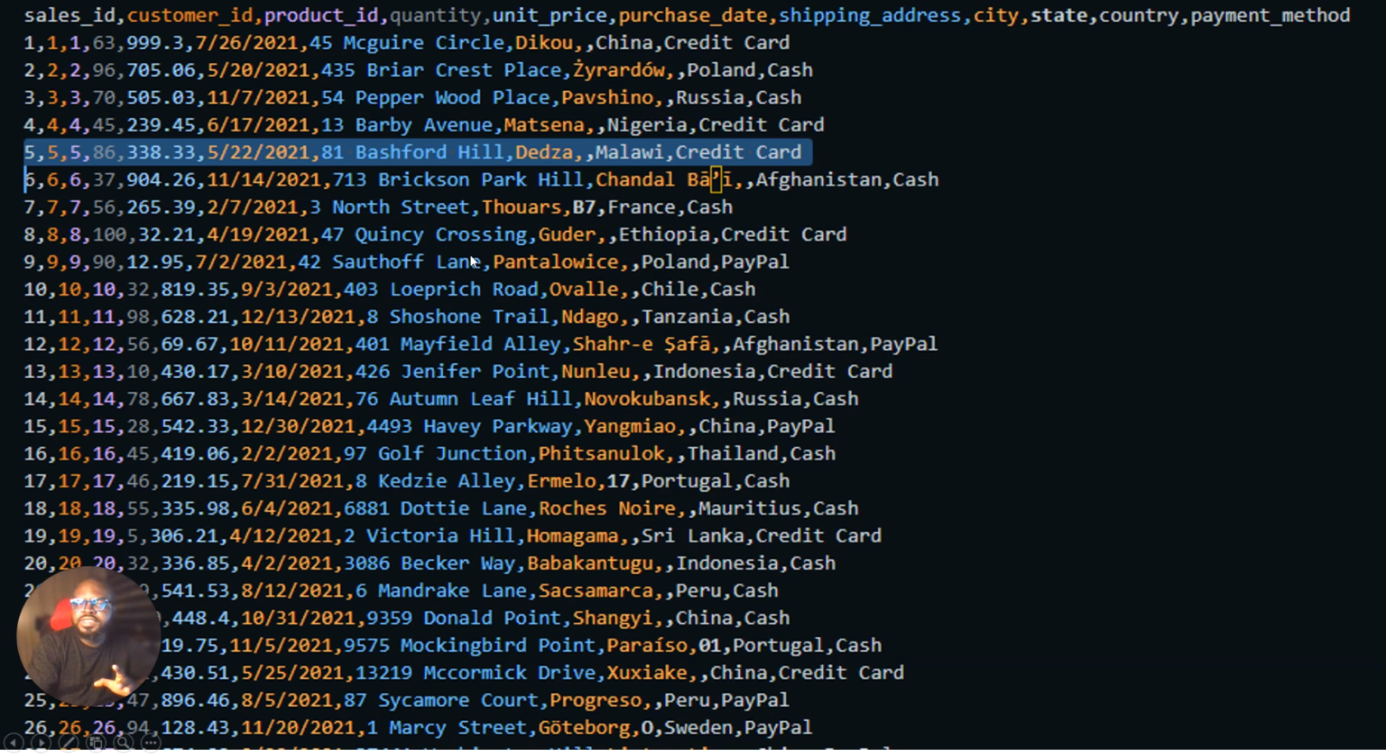Now, what are CSV files? CSV stands for comma separated values, like you can see on my screen here. It's a simple file format used to store tabular data, such as a spreadsheet or a database. You can see on my screen we have each value separated by a comma, hence the name. So you can see sales ID, customer ID, product ID, quantity, unit price, and these are the headers